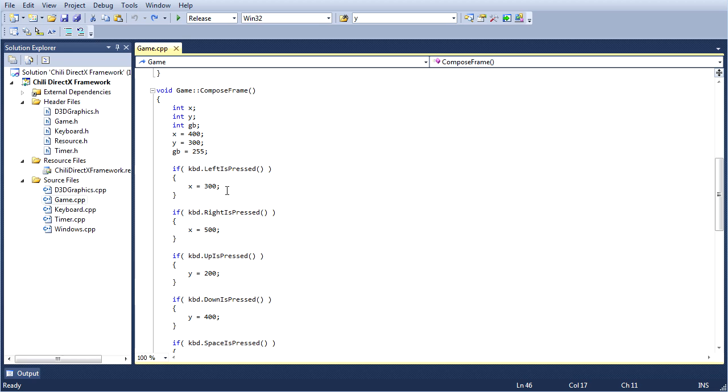Now the problem is all we're doing is setting our X and our Y to new values when the button is pressed. And so it just jumps to the new value. But that's not what we want to do. We want to increase it by a little bit. We want to take its old value and increase that by a little bit to get to a new value. And then next frame, increase that value by a little bit more and gradually increment in some direction, right?